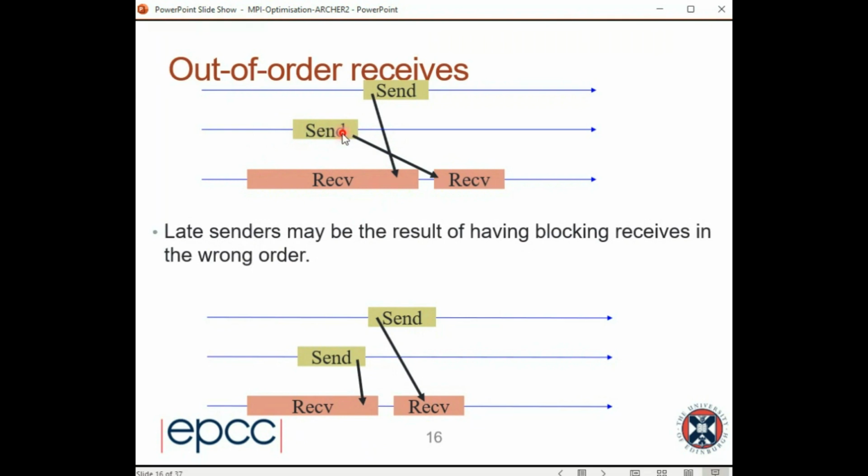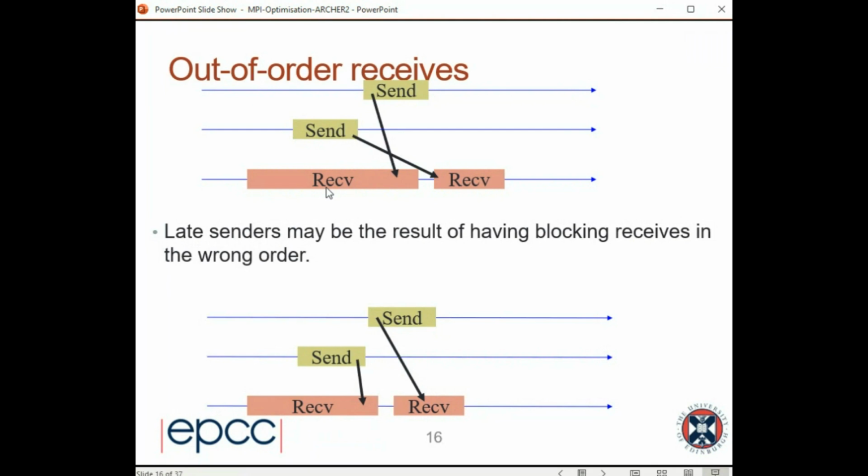So for example, this receive has to wait for that send, and also this send, if it's done synchronously, has to wait for that receive. So what you've got here is the sends are happening in one order, and you're issuing the receives in the other order. And you can imagine real situations where this is true. In a standard 3D domain decomposition code, you have 6 sends and 6 receives. So you have 6 messages coming in and 6 going out.